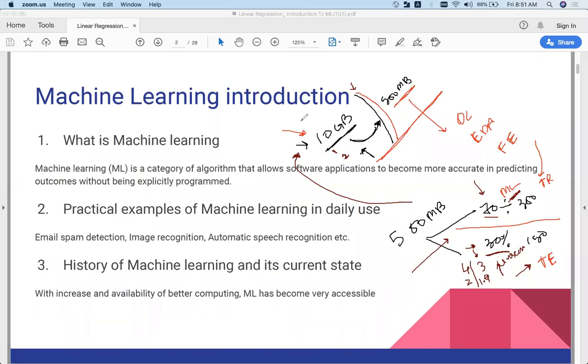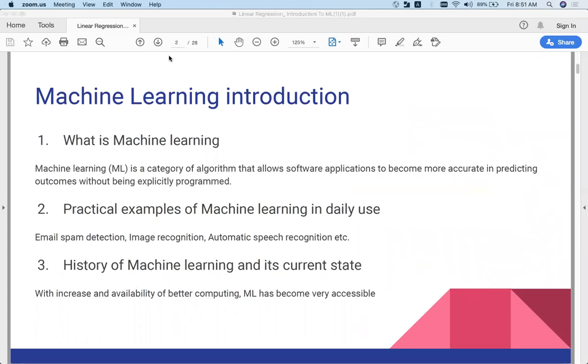Now, when will you use 10 GB? If you are working with deep learning algorithms like image processing. Let's say you want to estimate the expression in my face or something. Then also 10 GB is a lot. You can just directly work with 1 GB. But these things you will know once you keep on working with different types of data sets. Then you will understand, okay, 10 GB was unnecessary. I'm basically crashing my laptop. Let me just take some portion of it and then work. Is the question clear?